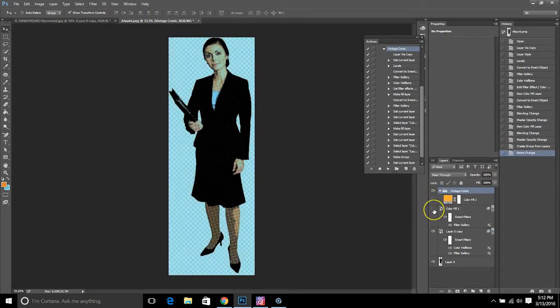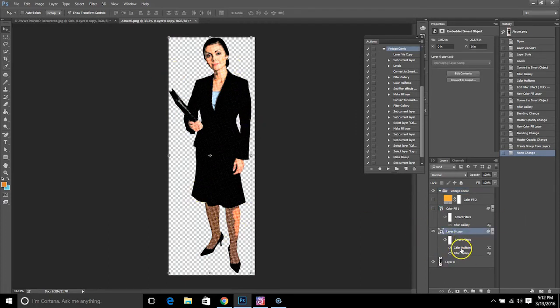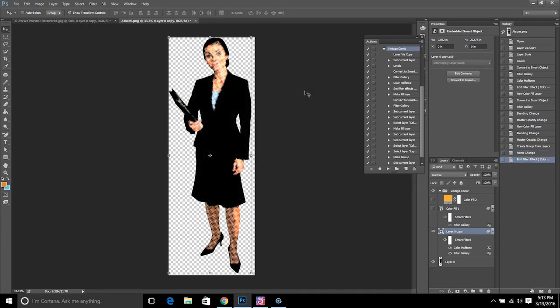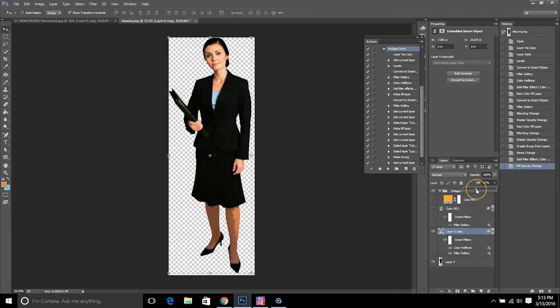I'm going to remove these colors. And then I want to adjust the little hash texture on her too. So I'm going to go to the color halftone again and let's try that. So the last one we did was 8 and maybe we want a little bit of contrast between her and the background. So I'll try 7 for the max radius. And you can see it's a little bit different and we'll adjust some of these opacities here. So we might make that a little bit different. You just kind of have to play along with it. So she looks